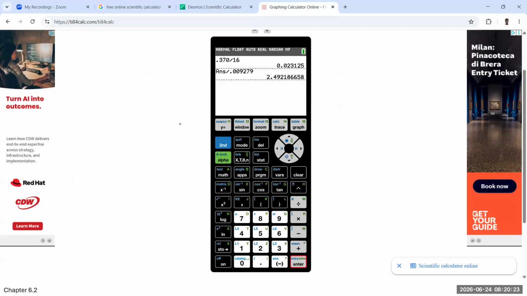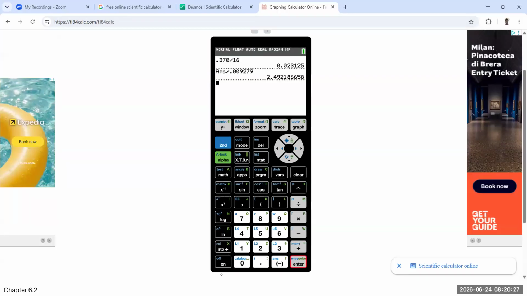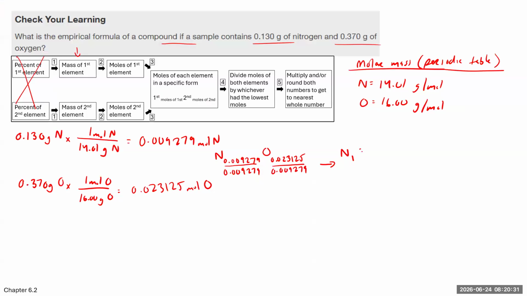Now that looks like it's almost halfway to 3, right? So 2.492, I'm going to write that here. 2.492. All right. So since this is very, very close to 2.5, we're going to multiply by